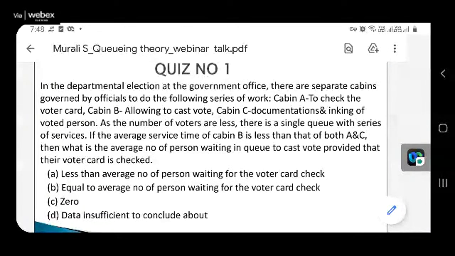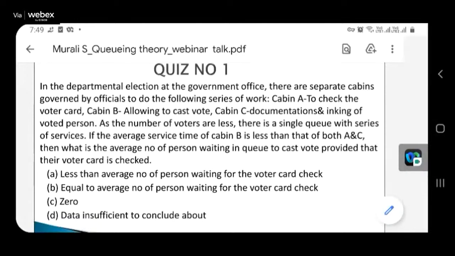So once that is done, we have explained even about WQ. WQ is nothing but the average waiting time in a queue for a particular person. So very important, WQ means the waiting time in a queue, and WS means waiting time in a system. LS means number of customers. Okay, so only that much we discussed.